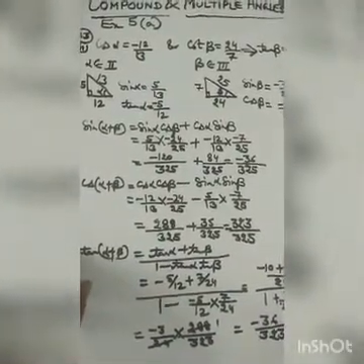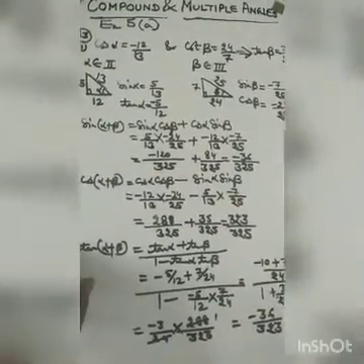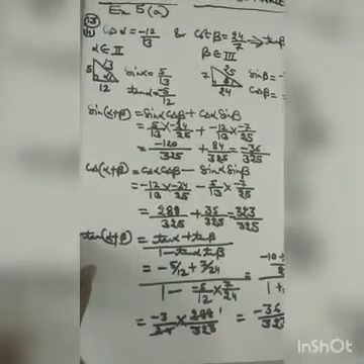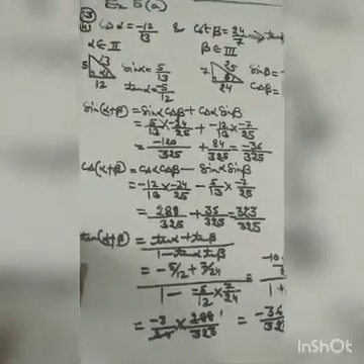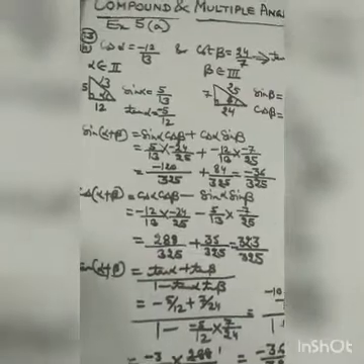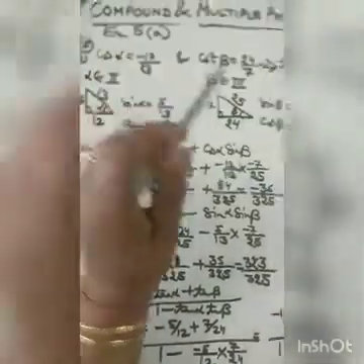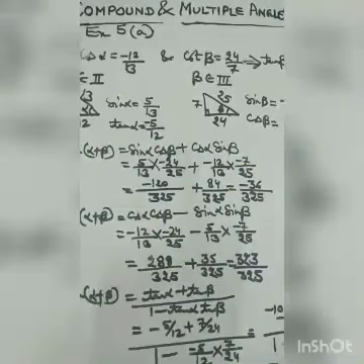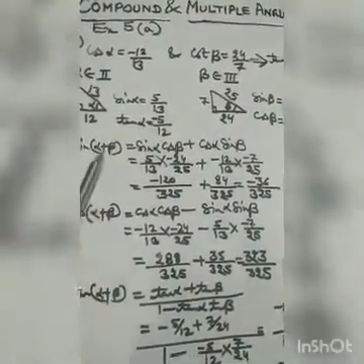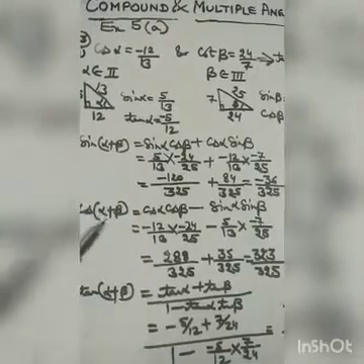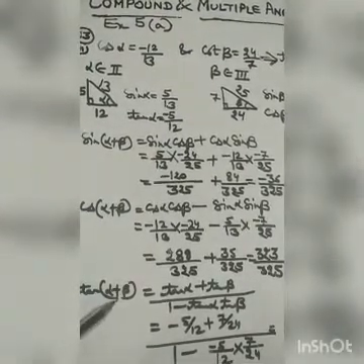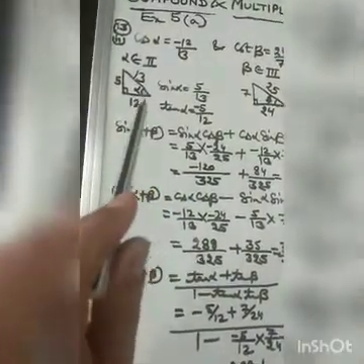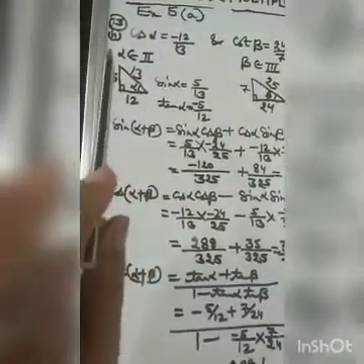Now children, we will do question number 13. I will explain question number 13, second part. In this question, they have given two angles, cos alpha is minus 12 by 13 and cot beta is 24 by 7. Now you have to calculate the values of the compound angles sin(alpha plus beta), cos(alpha plus beta), tan(alpha plus beta). First and foremost we will try to find out the other trigonometric ratios using a right angle triangle.